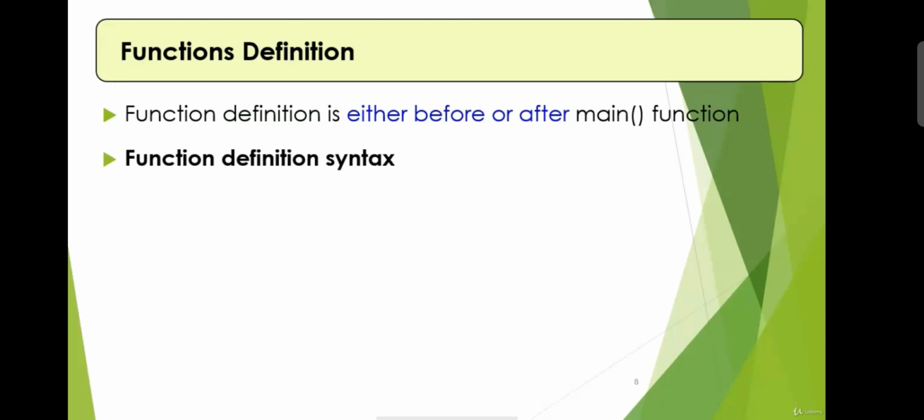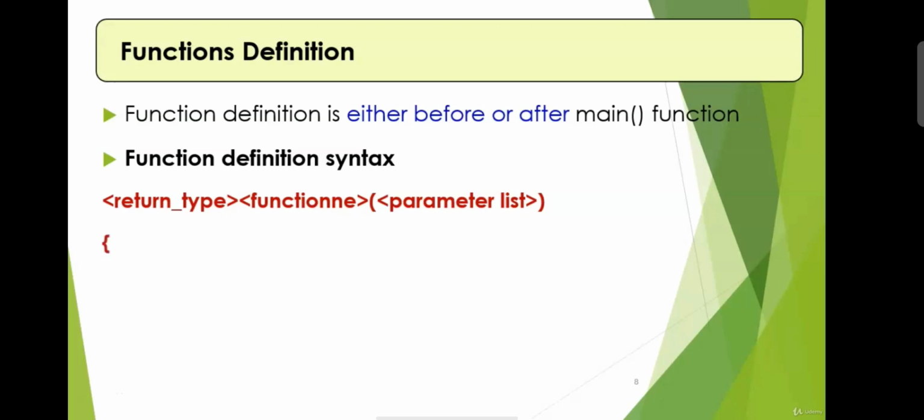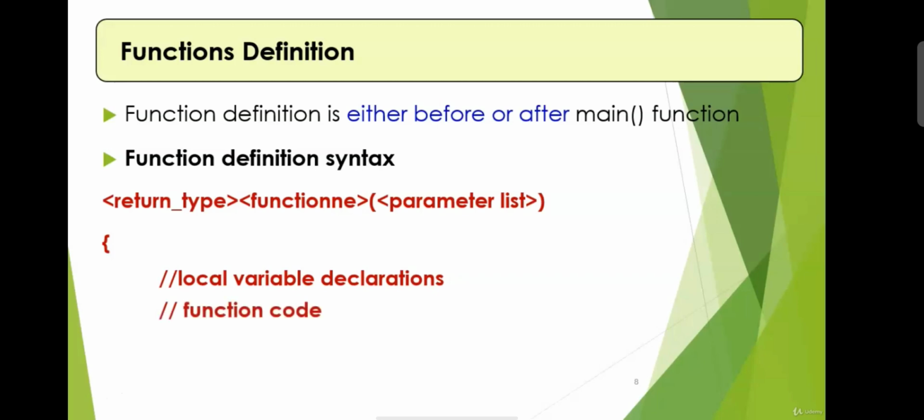Let's understand the syntax of function definition. The return type is there, then the name of the function, and in circular brackets mention the parameters. Note that there is no semicolon at the end of the closing circular bracket. Then there is an opening curly brace, and I need to write the code of the function inside these curly braces. Generally, the first few lines of the code are declarations of local variables, then the actual function code, and then finally there is a return value. The return statement is optional depending on the return type of the function. And then there is a closing brace.